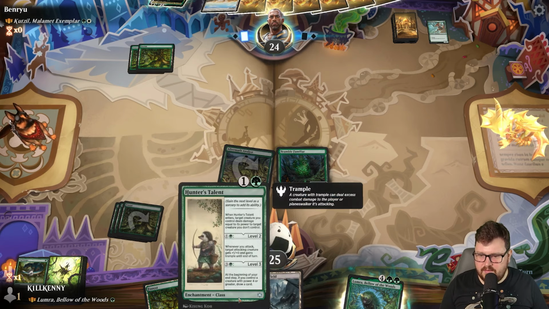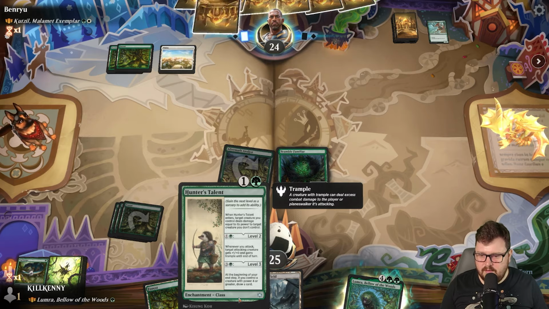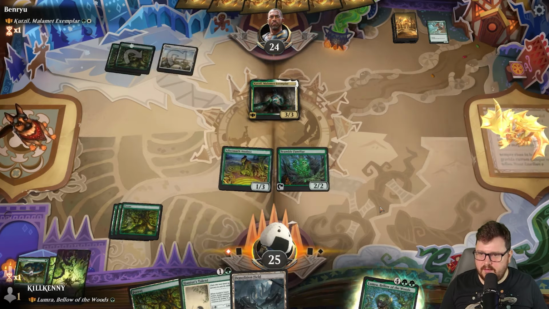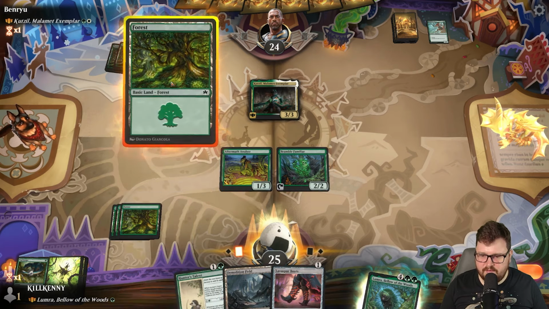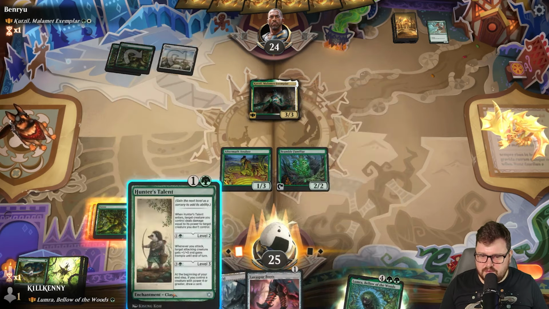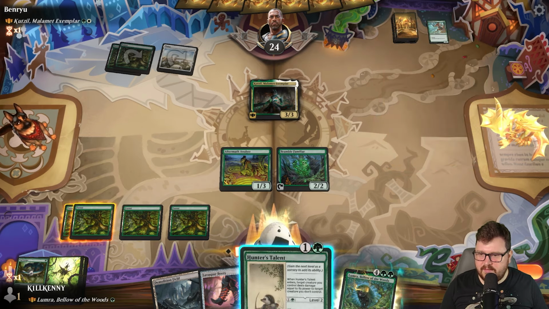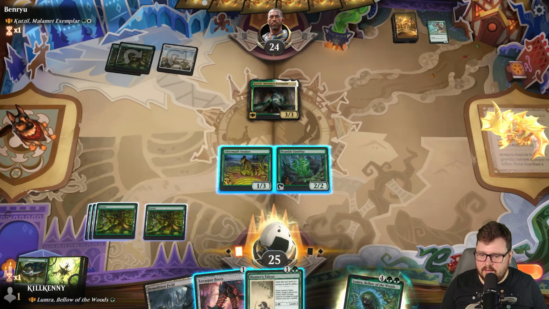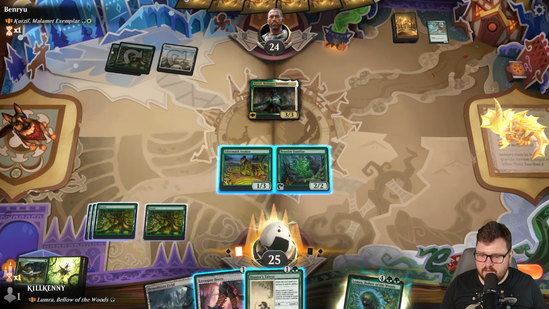Hunter's Talent is another pseudo removal spell for us. That'll give us trample. Okay, Kutzil is down. Ooh, I love to see the Lavaspur Boots. So, should we throw those down? Because we can't. Well. Okay, let's see. Can we bait them to